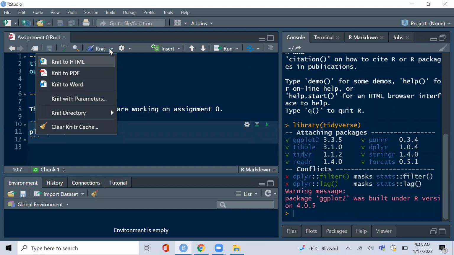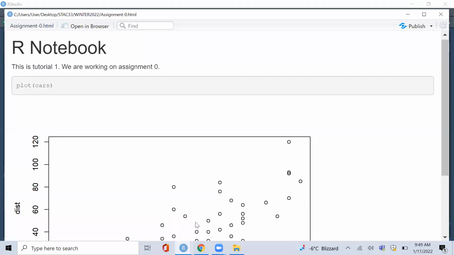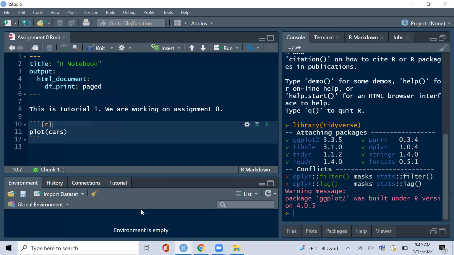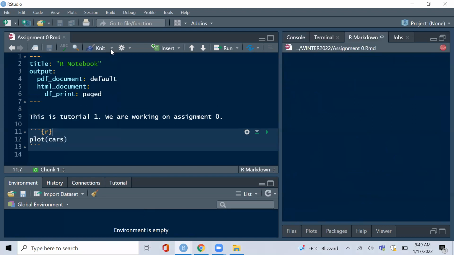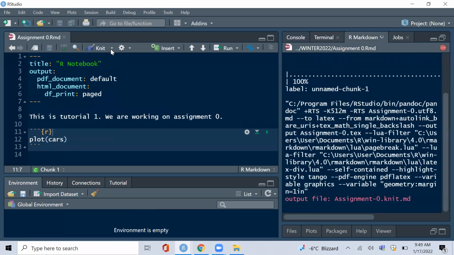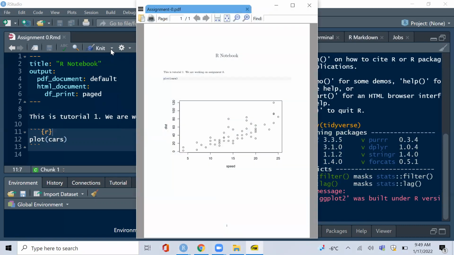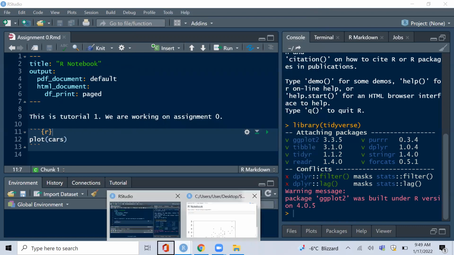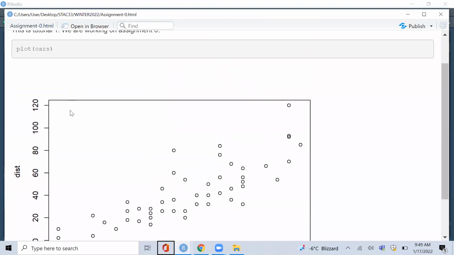It will generate either an HTML file for you, like it did here, or it will knit a PDF if I ask it to. So let's see if I can knit to PDF and see what I get. If I knit to PDF, it will generate a PDF file for me, right? Or I can knit to Word and it will generate a Word file. So you can see that the knitting process itself generates a new file that you submit, but you probably will be submitting your HTML file. You'll probably not submit your R file. You probably will submit the HTML file that you generate, right? Because your HTML file will actually have the code. You can see that the code is displayed in the actual file, right? So